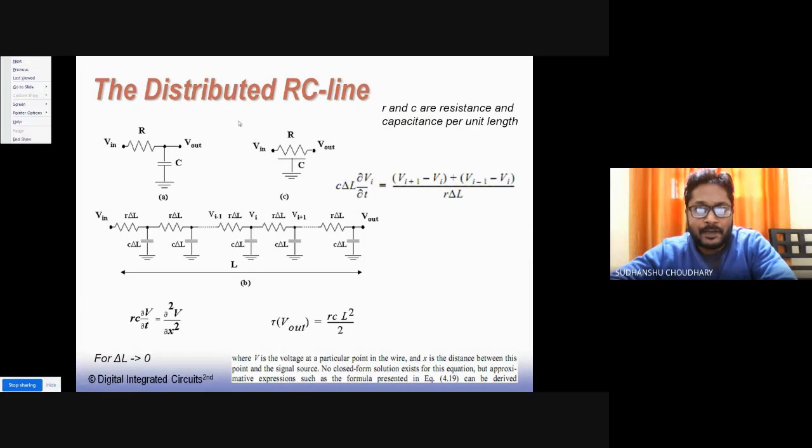Now, a distributed line can be represented by this symbol, right? So this is the symbol for